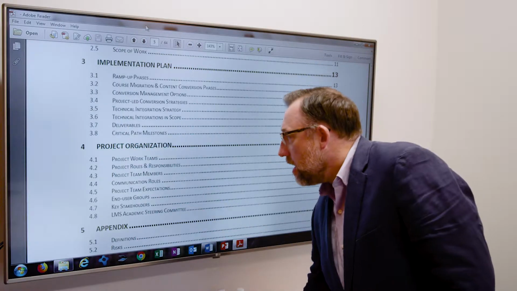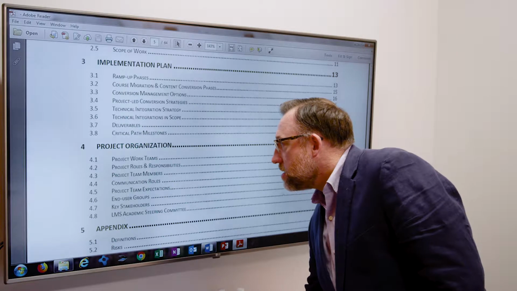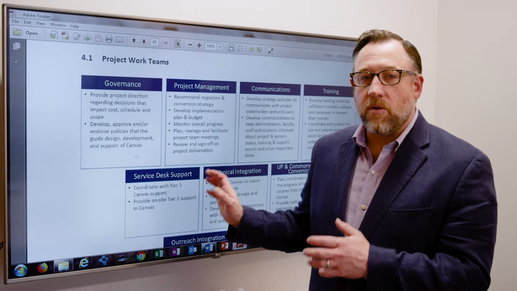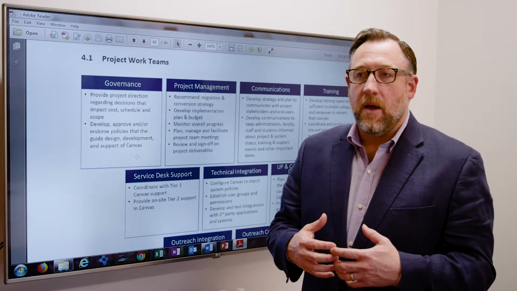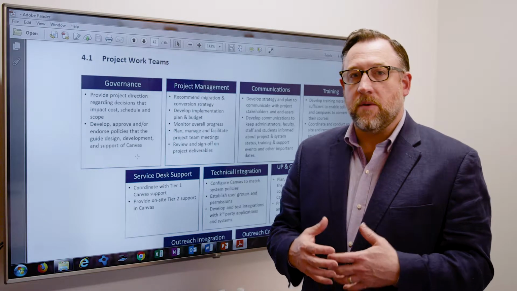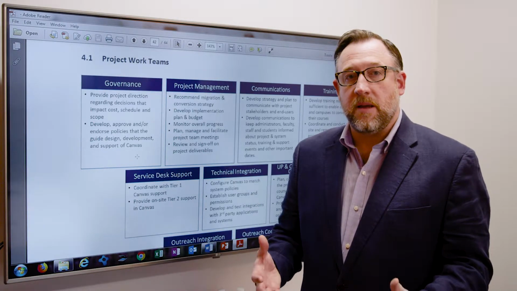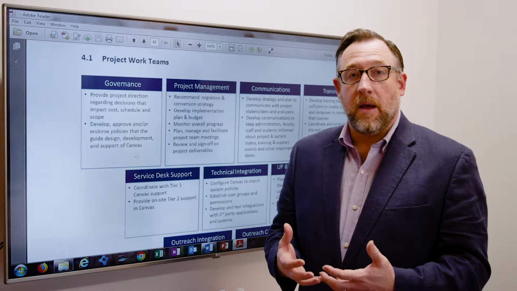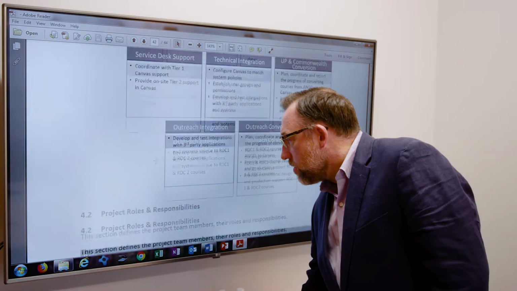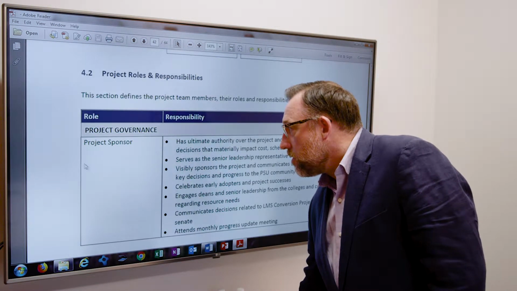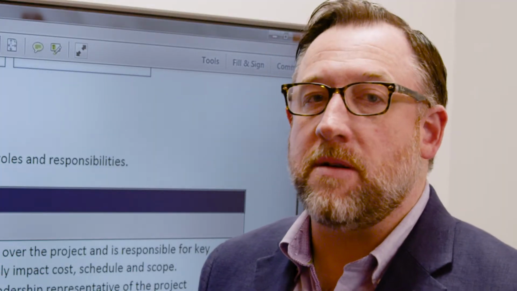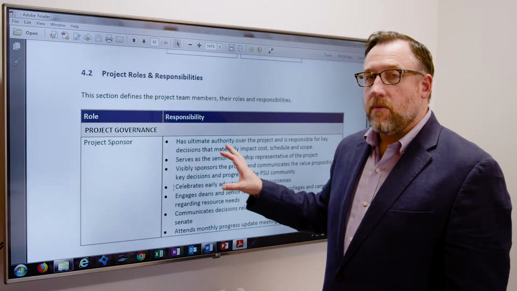So if I click on the project charter here, the project organization, the first thing you want to do is define your work teams. You just want to break down who all the teams are that are involved, who's the project sponsor, who's the DRB members, and what are the teams that are involved in developing and implementing this project. From that, you then want to roll into what are the key roles and what are their responsibilities. It's all really high level. You don't have to make a career out of it. It's just quick, high-level roles and responsibilities.